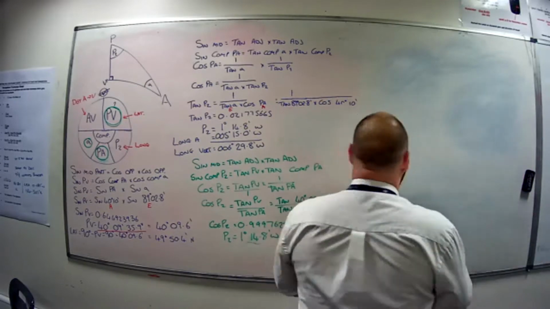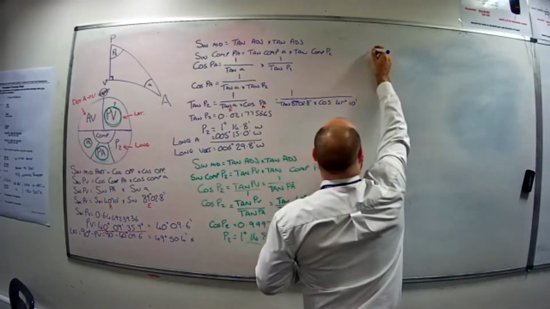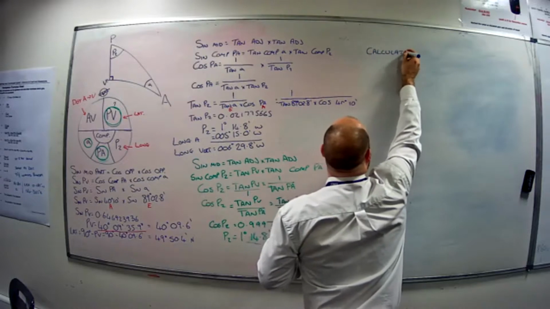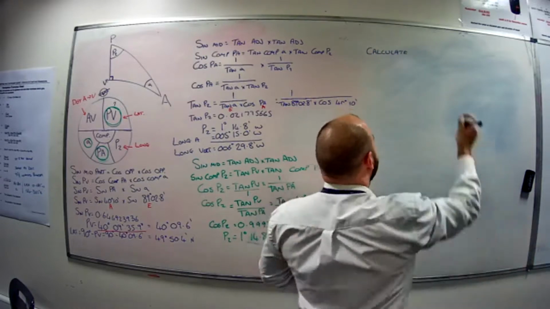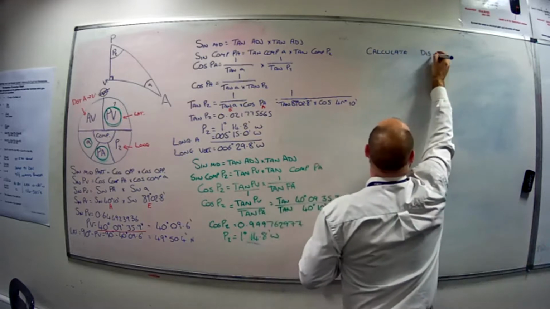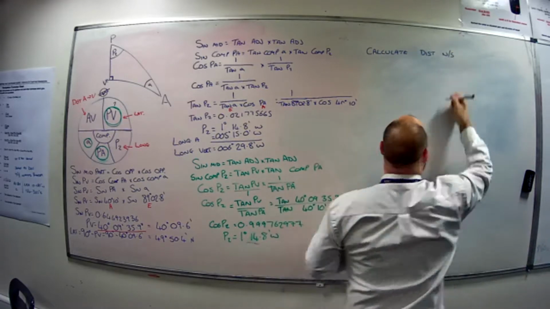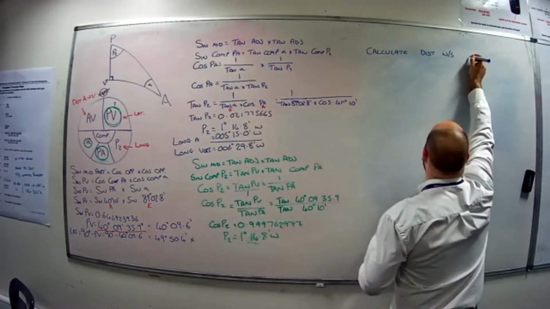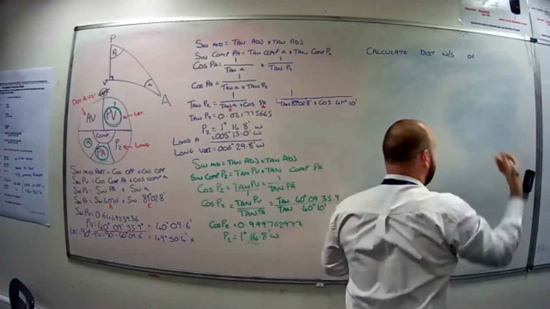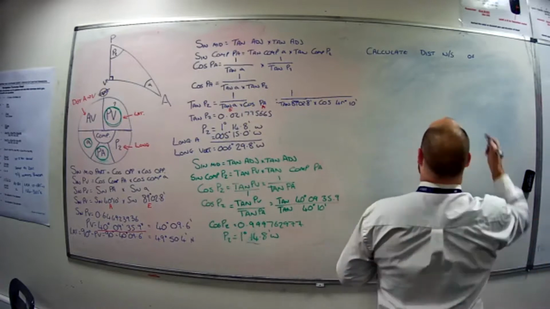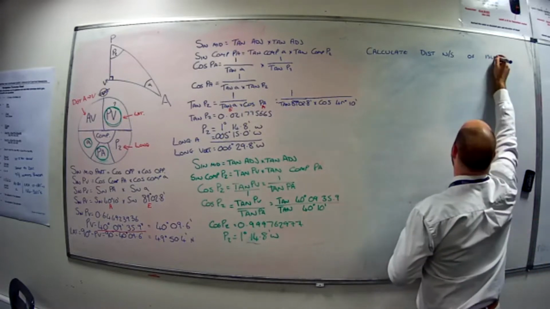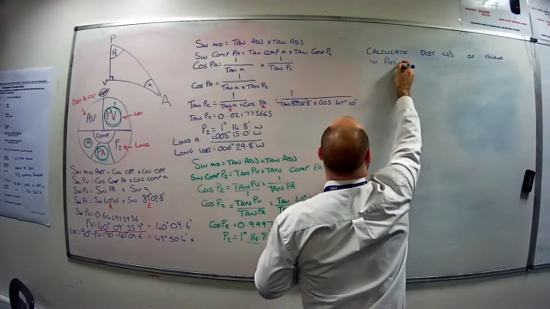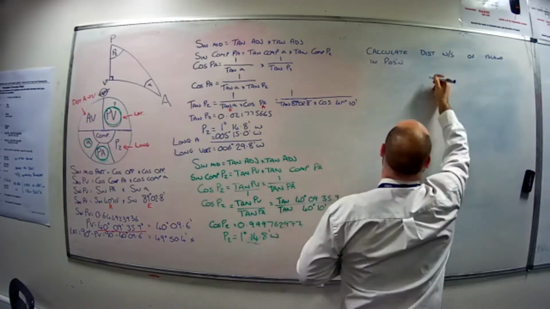Now, the way the question will say it will say something like, calculate the distance north or south that the vessel passes the island when it's on the Great Circle route. Or calculate the distance east or west that the vessel passes an island. And it will give the position of an island or a volcano or an underwater obstruction or something like that. So in this case, we'll do, I don't know,